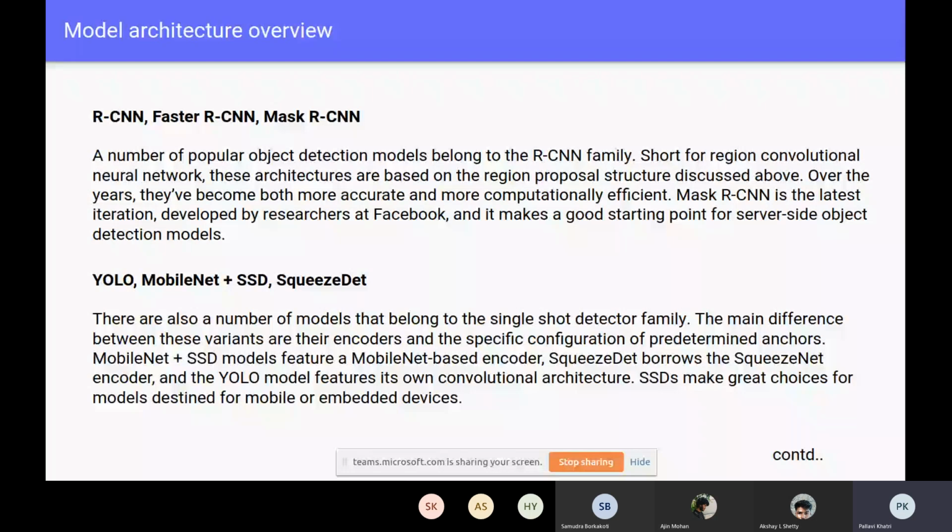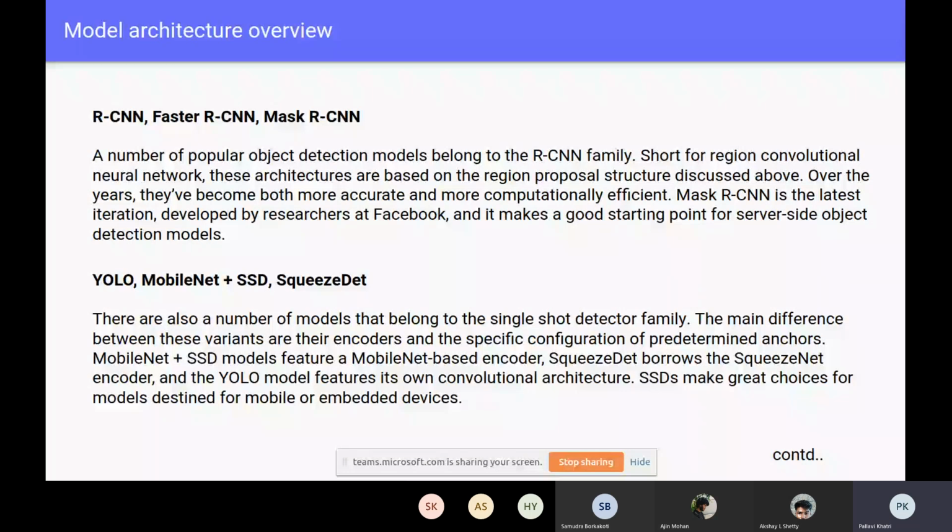Over the years, they have become more accurate and computationally efficient. Mask RCNN is the latest iteration, developed by researchers at Facebook, and it makes a good starting point for server-side object detection. These models are big and good only for server-side object detection. That means I cannot use these in the browser, on the client side.